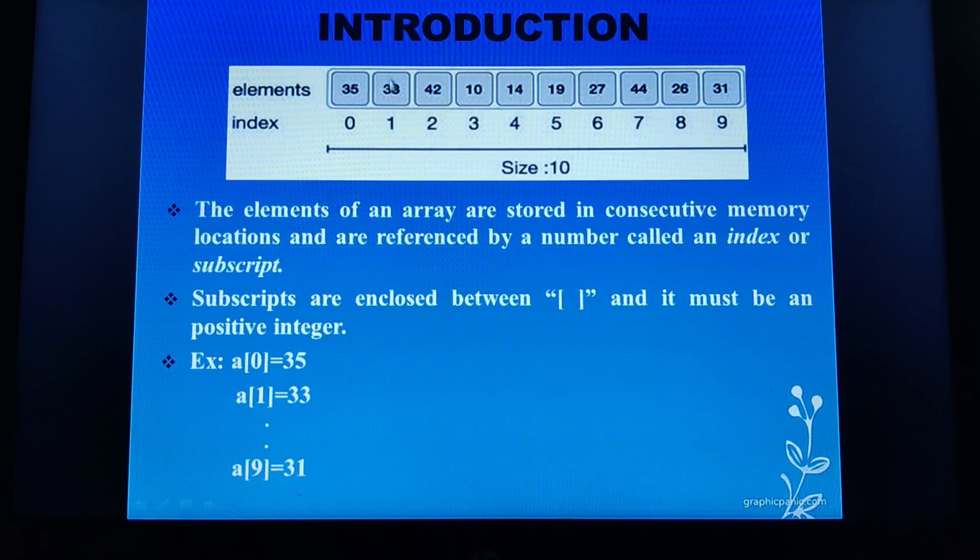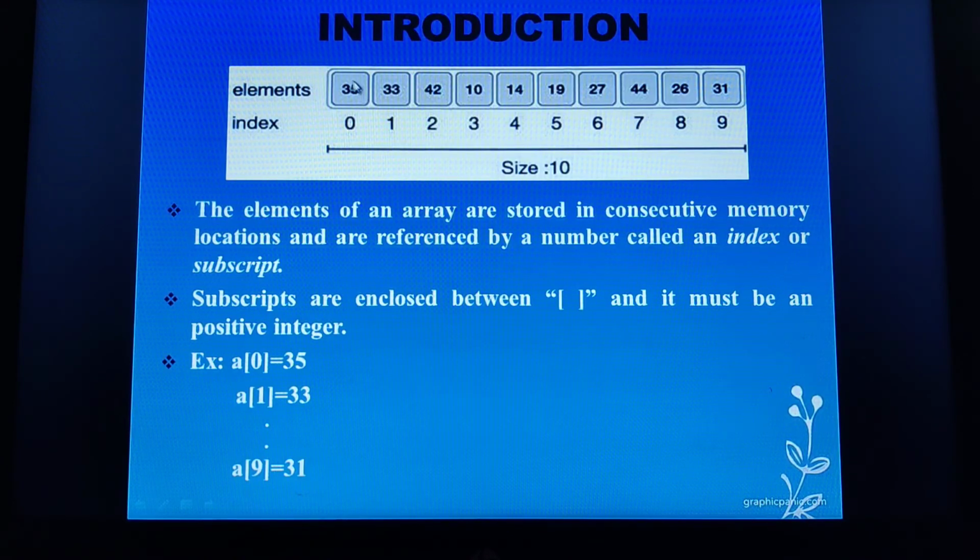In the sense, one after another without leaving any gaps. Suppose you have given 10, then continuously 10 blocks of memory will be allocated. If I give the array size as 5, then continuously those 5 blocks will be allocated for that particular array.